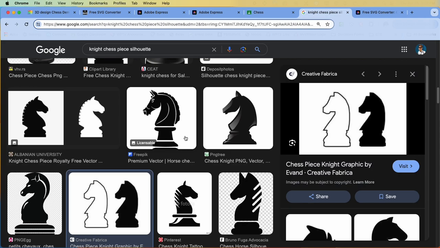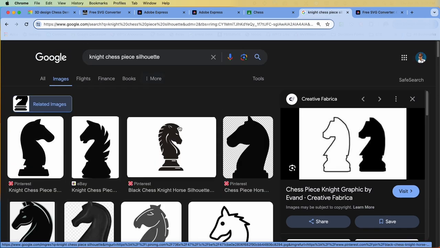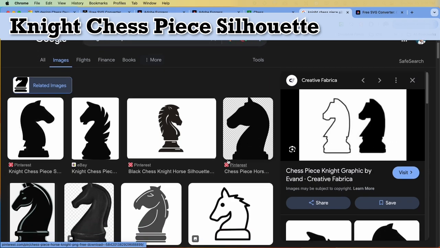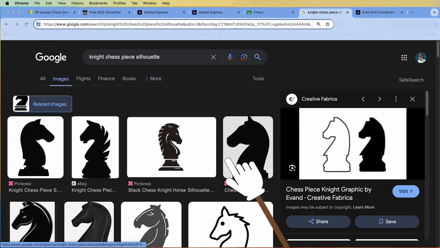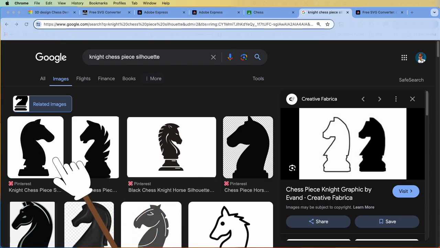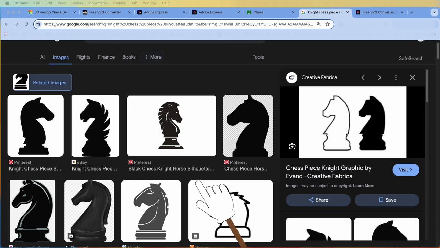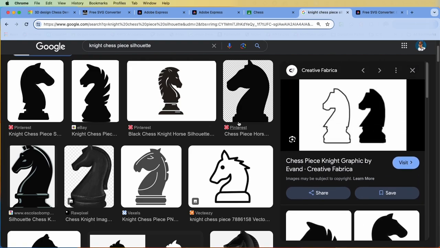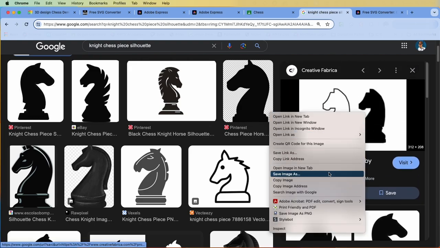So we're going to go ahead and search up a Google image of knight chess piece silhouette, and you're going to see various images that are black and white like this. And this was what we want to find. Something that has a solid white background and a solid black object, not anything with grays or anything with these extra little pieces in here like that, because when we convert this, we're just going to get what is white and what is black. So you can click on one of these and right click and say save image as,